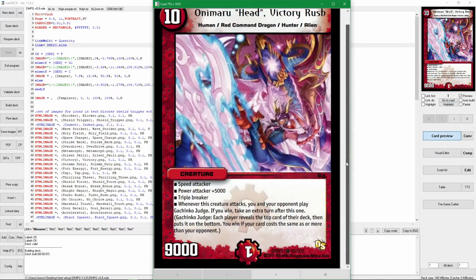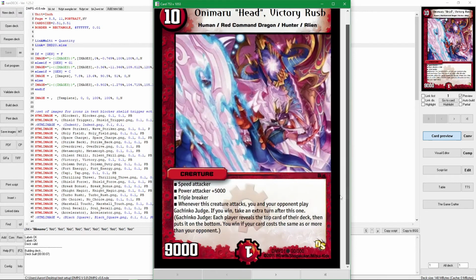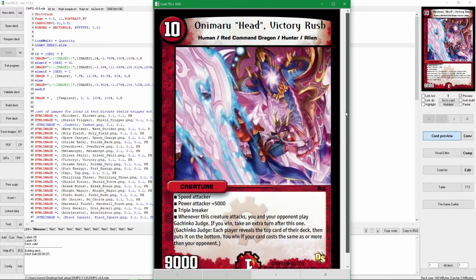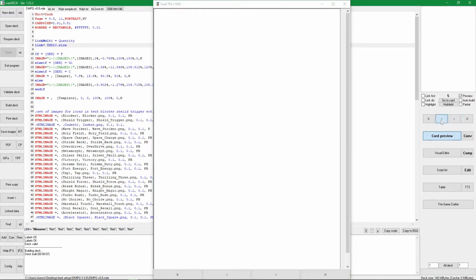It's not perfect. You can see the text spacing is off, but it dynamically scales. It's got a decent looking cost counter. It's got all the races. It's got the correct text. It's got power. So it's usable, it's just not great. But yeah, this is what you'd be dealing with. I believe there's 4 of this card. So if we highlight this, it'll